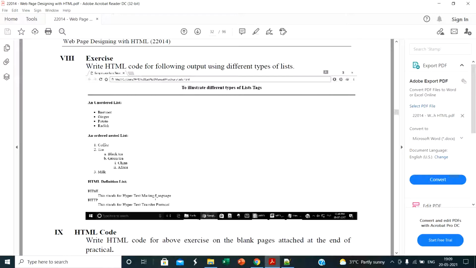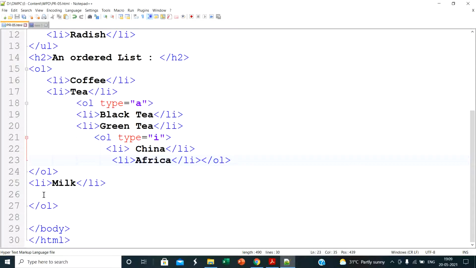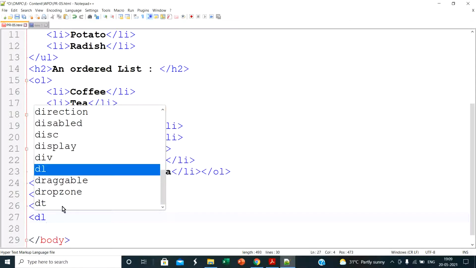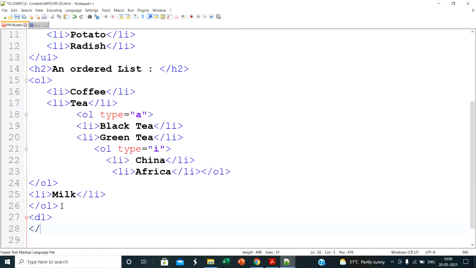Okay, so for that, first we create one DL here. Okay, so the DL tag and then close the DL. Okay, inside that we first create one DT. What is DT? Data term.